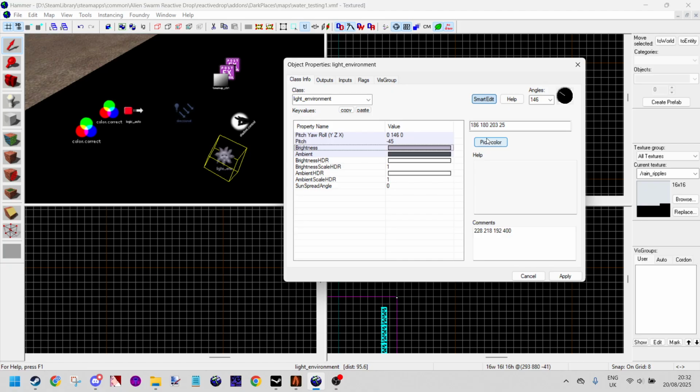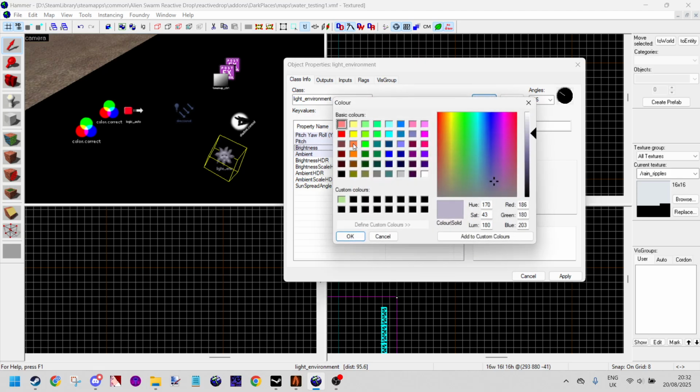Now, because mine's a rainstorm, I've basically focused on a lighter grey for the brightness, and for the ambient I've given it a darker grey, and it really just gives it that grey rainstorm feel. If I were to do something on a lava planet, I would probably pick something a little more like an orangey glow like that, but heading more into the pastels. And then